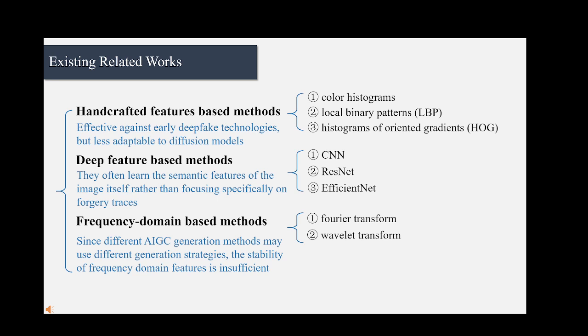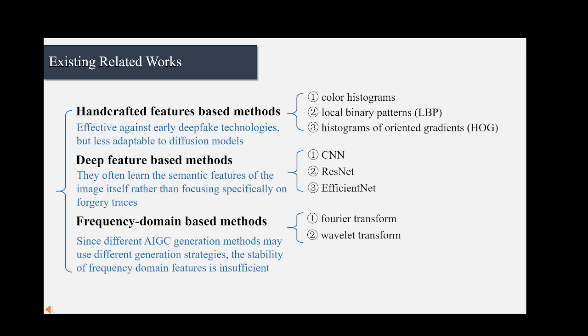Deep feature-based methods typically utilize deep neural networks, such as CNNs, ResNets, and EfficientNets to extract high-level image features for classification and discrimination. While these methods can improve detection performance to a certain extent, they often learn semantic features of the image itself rather than specifically focusing on forgery signatures, which limits the generalization ability of the forgery detection